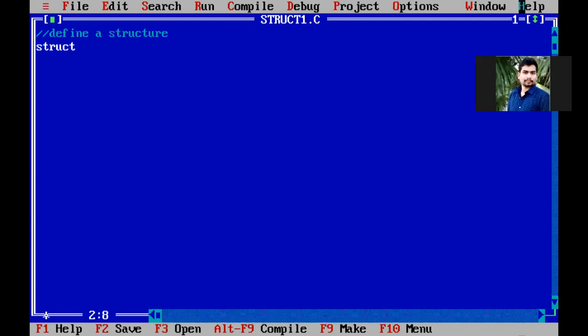Earlier, in the example we saw, the struct keyword is followed by a tag name. In this example I am just talking about the first category of structure. There are 2 types: the first is a tagged structure, the second is a type definition structure, but I won't talk about type definition. It is sufficient to know that there are 2 types. Mostly we are going with the first type only, so we use the tagged structure in the example.